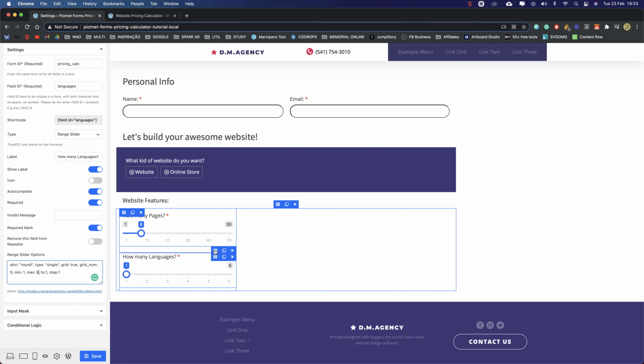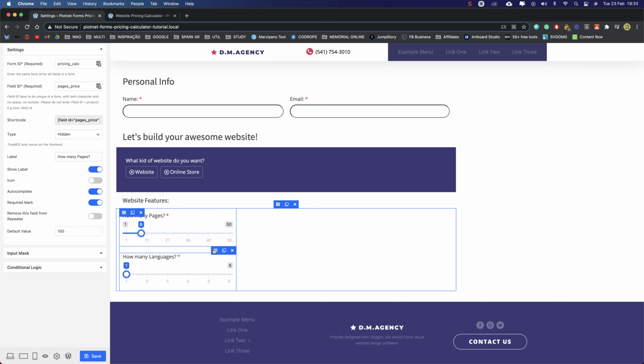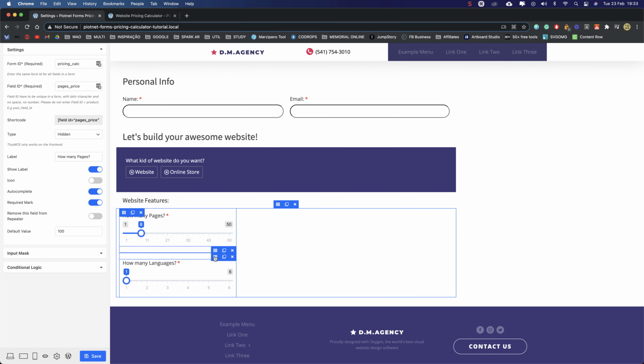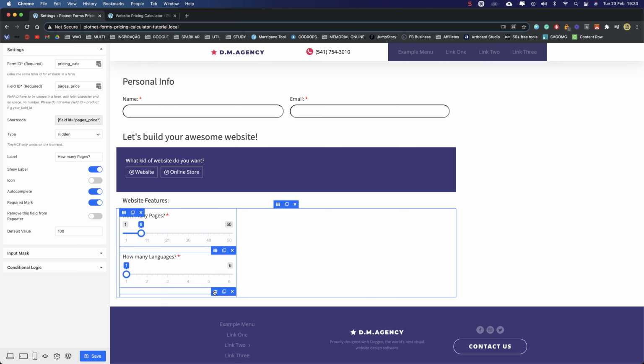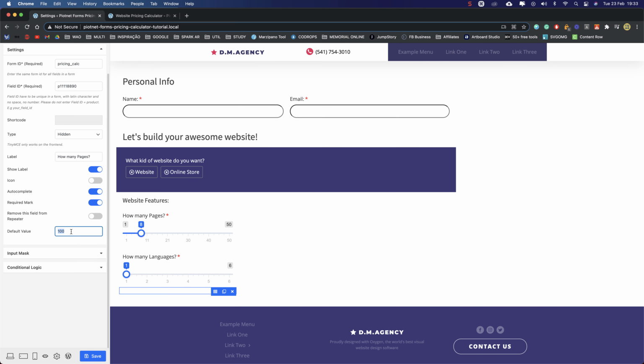Okay, let's now duplicate this hidden field and choose a price for each language. You can bump this maybe to 300. Maybe you will need to hire someone to make the translation or not. It's just an example.